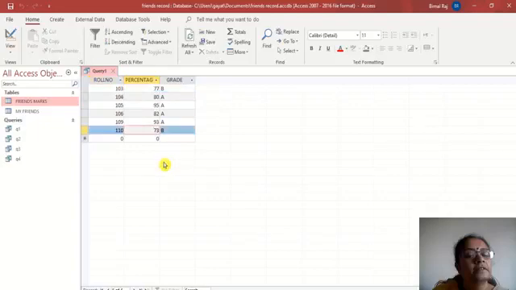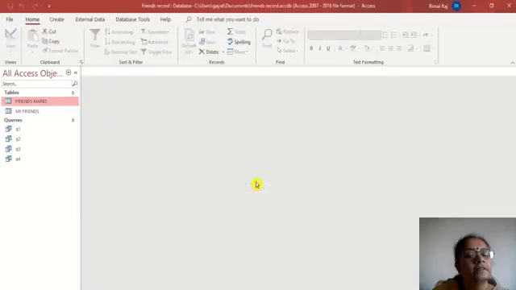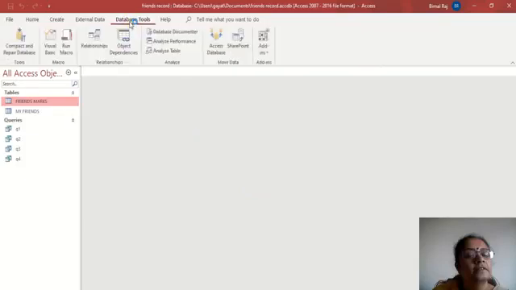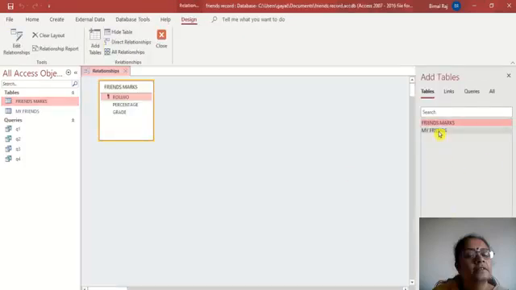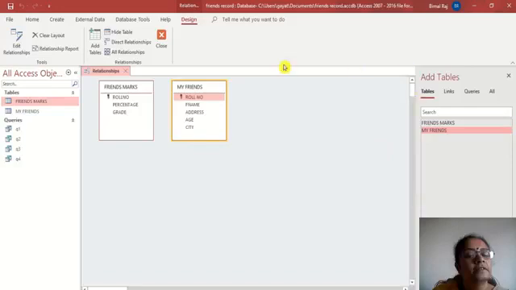Now, but suppose if I want to have the names also, because in this particular marks file I don't have the names, right? So what I can do is I can set a relationship between the two tables and then display the names of the students from the friends table and the marks table. So let us go and do it in that way also. So it will be a revision for you also. So what are we supposed to do now? We need to first create a relationship between the two tables. How do we do that? Click on Database Tools, Relationship, add the two tables. This we had done in our last class. This is just a revision.